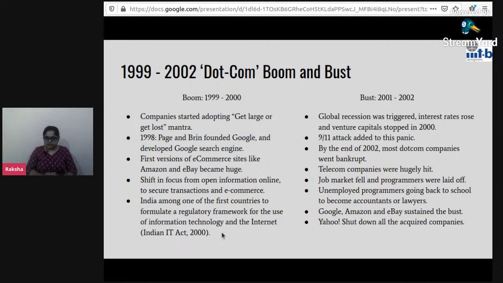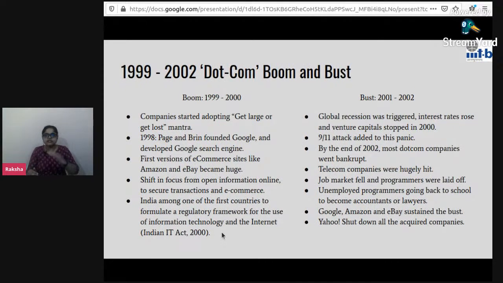So they went bankrupt by this time, and just like you hear today, a lot of programmers were being laid off, and unemployed programmers even then were going back to school to become accountants or lawyers and things like that, right? That's something that you see even today. And very few companies actually sustained this bust, and Google, Amazon, and eBay were a few companies which sustained this whole boom and bust. And Yahoo unfortunately had to completely shut down all the acquired companies because of the huge losses they made. So this is when everybody was expecting that this is the end of the web,